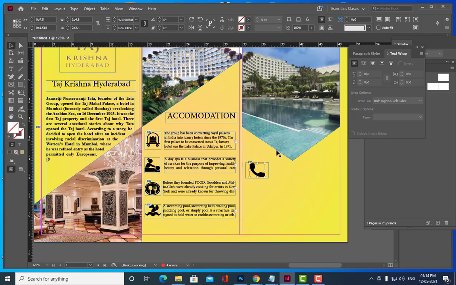You can rotate it if you want. And then you can use this free transform tool to make it a little bit small.